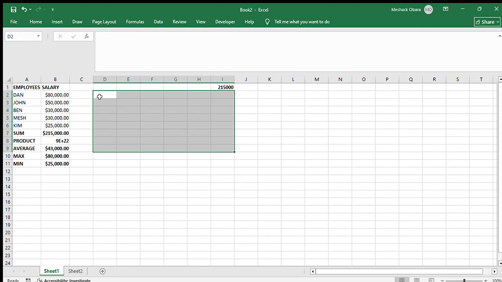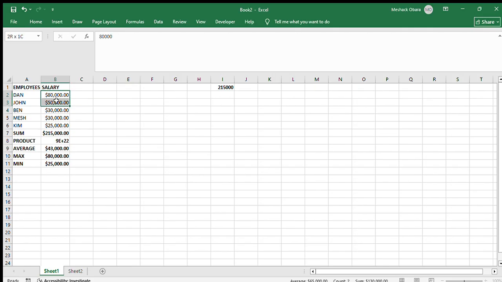So this range, for example, is called D2 and then I9. That is the name of this range, and so it will be D2 colon I9. That will be the name of the range,